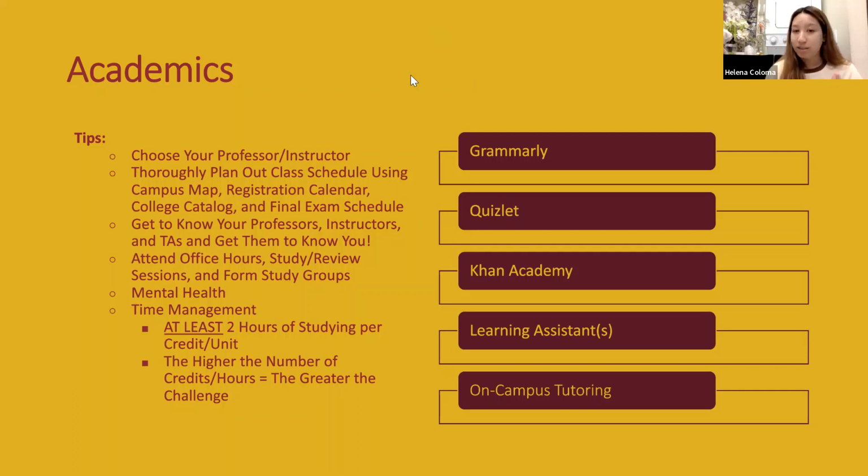Also, that's where you get to meet your other classmates. And that moves on to study review sessions and forming study groups. If you feel like you would learn better in a group setting, there are usually study or review sessions offered either by the TA or by the instructor themselves, which would again help you to ask questions then, or learn a little bit more about the material that you weren't quite able to get during that set lecture